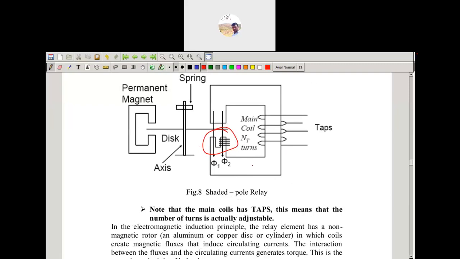At what situation will it trip the circuit? Here the input current will be in the main coil which is connected to the CTs, and the CT gives the input signal. So if the current reaches the predetermined value, whatever the set point is,